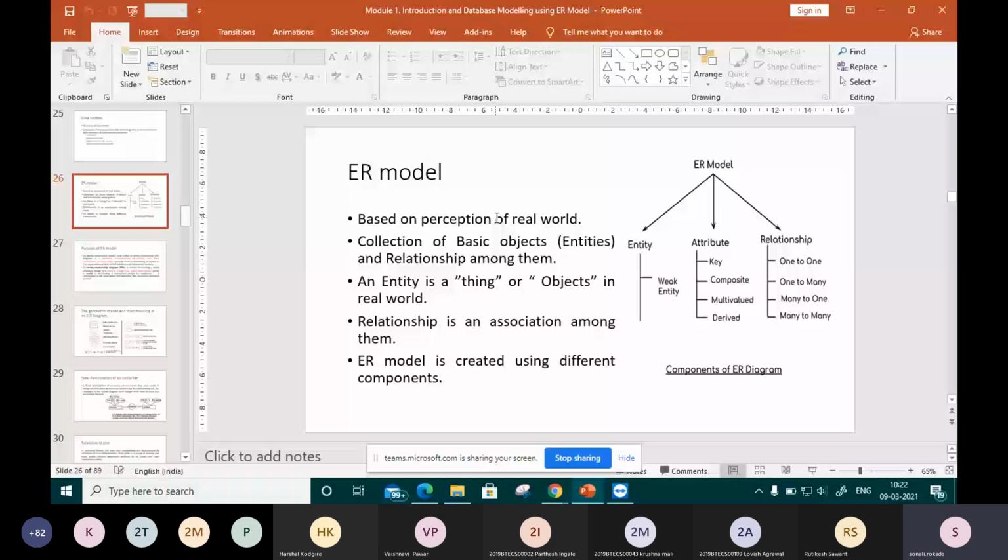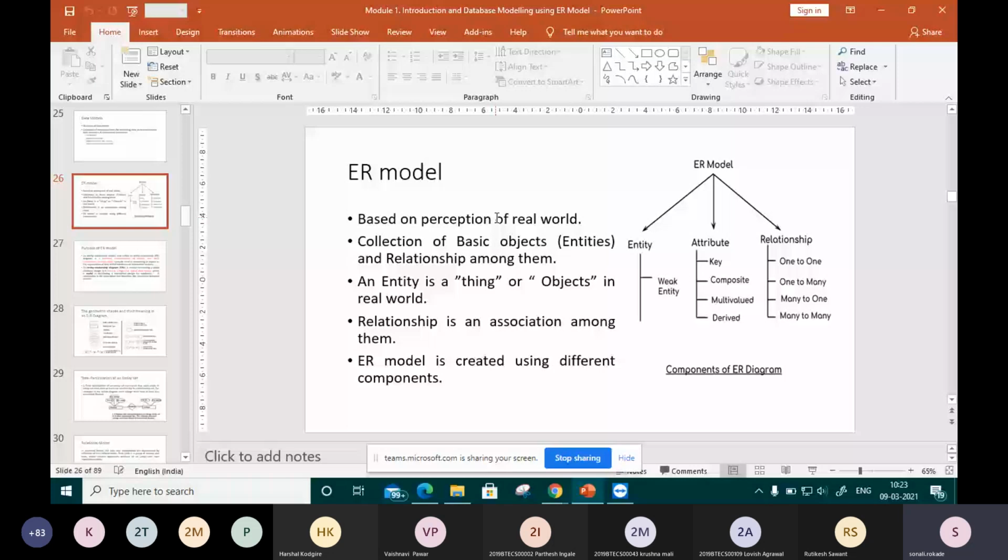So what is an entity? An entity is nothing but a thing or object available in the real world. Any person, any student, any living or non-living thing that has particular dimensions and characteristics that we can use to distinguish them. They are called entities or objects of the real world.